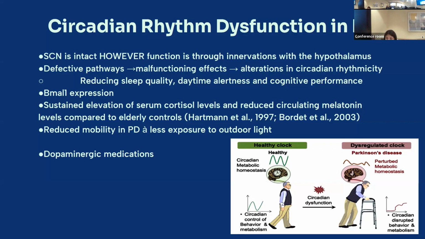The BMAL1 expression clock gene, dopamine. So we know that dopamine regulates BMAL1 and clock gene activity. So dopamine deficiency can directly affect the central component of the molecular clock. And then considering that dopamine plays a crucial role in the circadian process of sleep, it should be plausible that the interconnecting relationship of different brain structures associated with sleep can lead to different sleep disorders. Also, those with Parkinson's have reduced mobility, leading to less exposure to outdoor light.